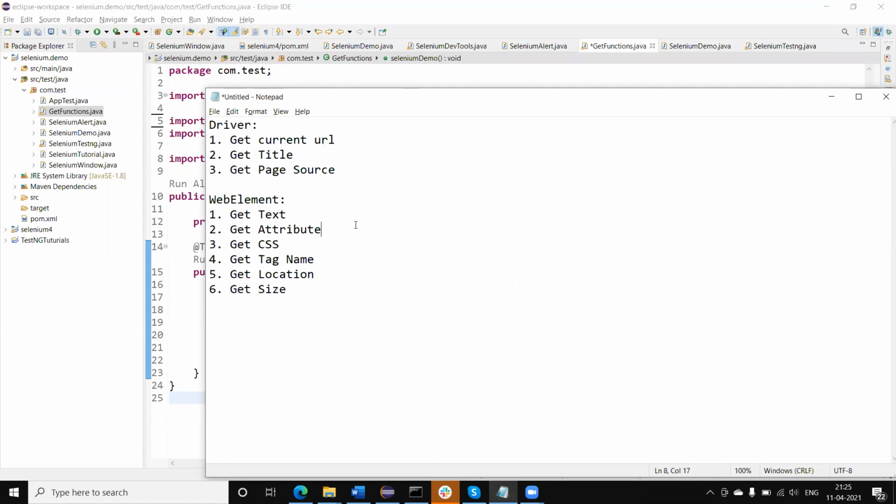If you want to read the page source, current title of the application, current URL, then we have some specific functions like get current URL, get title, get page source. Similarly, if we want to read the data from a specific element locator, there are get text, attribute value, CSS value, tag name, location, size. We can use those functions and then we can get the data details.